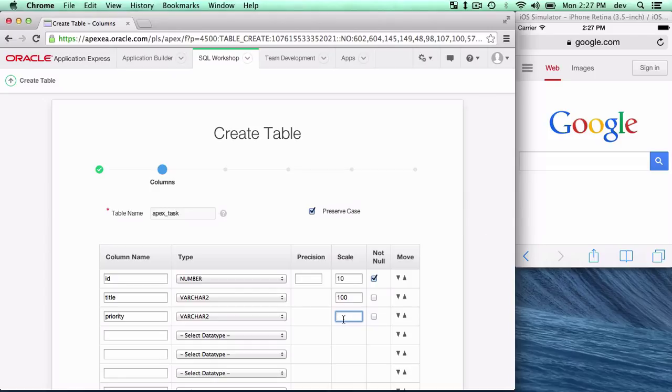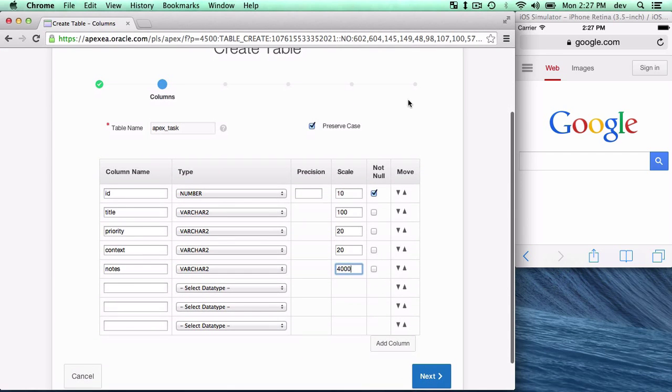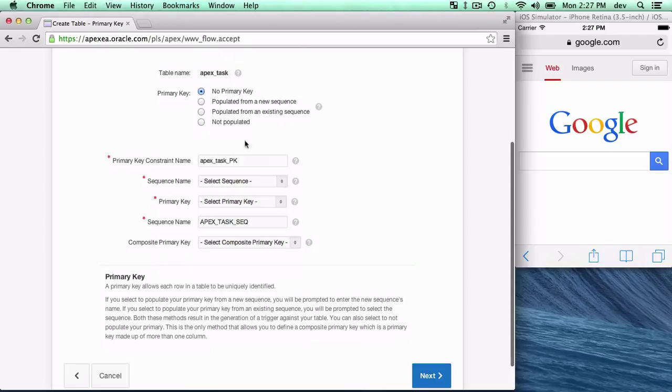Priority will do 100 as well, maybe 20 characters, and context 20, and then notes 4,000. Okay, now let me turn this off. Now I'm going to click the next button. We're populating with a new sequence, and I'll change the name here. The primary key name is going to be that,